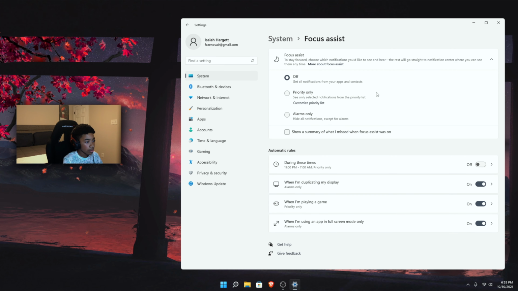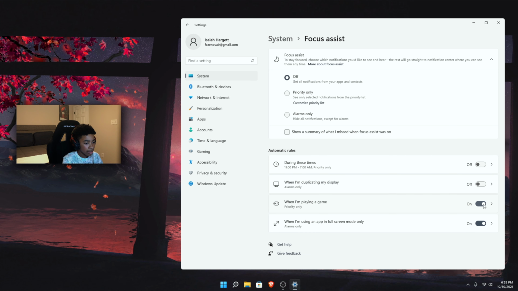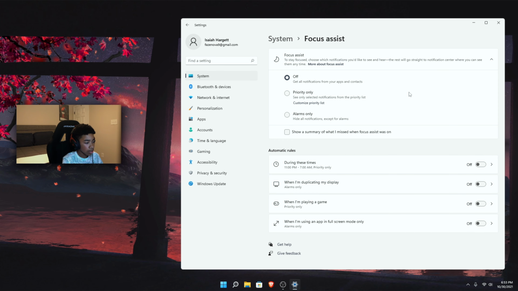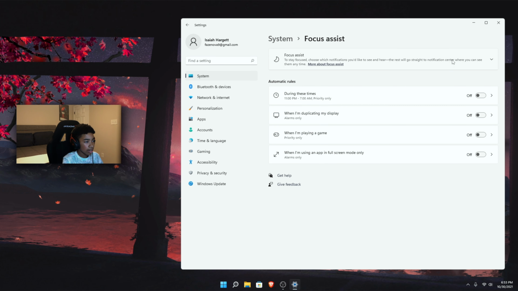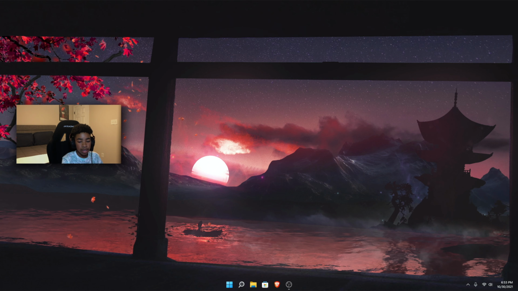And then under focus assist, you're also going to want to turn this off and turn off these notifications as well. And then after that, you can exit out of notifications, and we're going to move on to the next